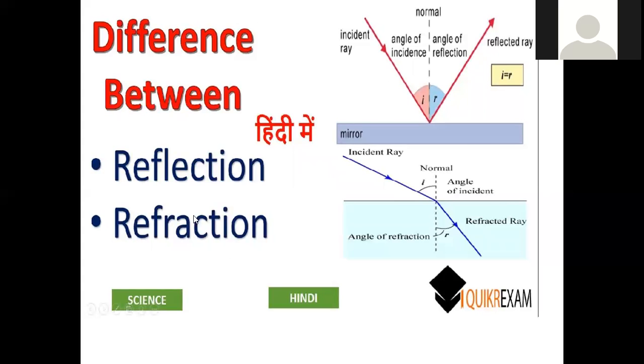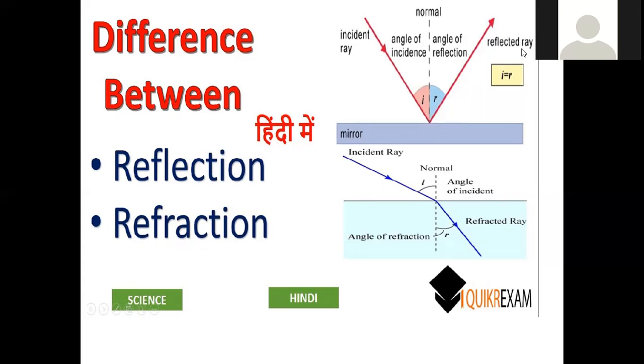Let us discuss. So reflection is nothing but, from the source, if light is started, that is called incident light, which falls on any surface. Let us say it is a mirror, and it is bouncing at a certain angle, and that light which is coming from this will be the reflected ray. The light started from the source is called the incident ray, right?